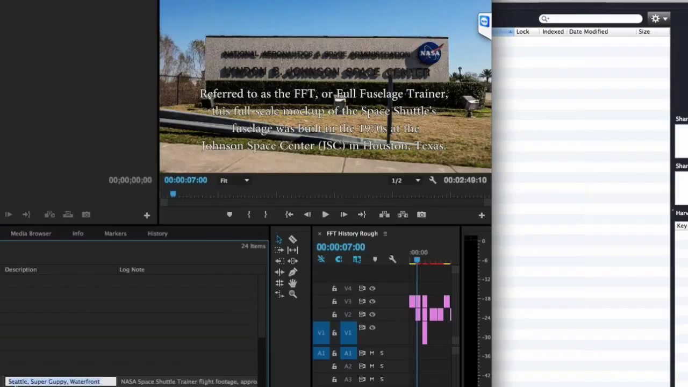So here we see that when I did an XML import earlier, this was tagged Seattle Super Guppy Waterfront. The description field is that keyword field. It maps to the tags field of the ShareBrowser. The log notes field is to the comments. So I can then see in here, I can scroll across, and now these log notes are available to everybody